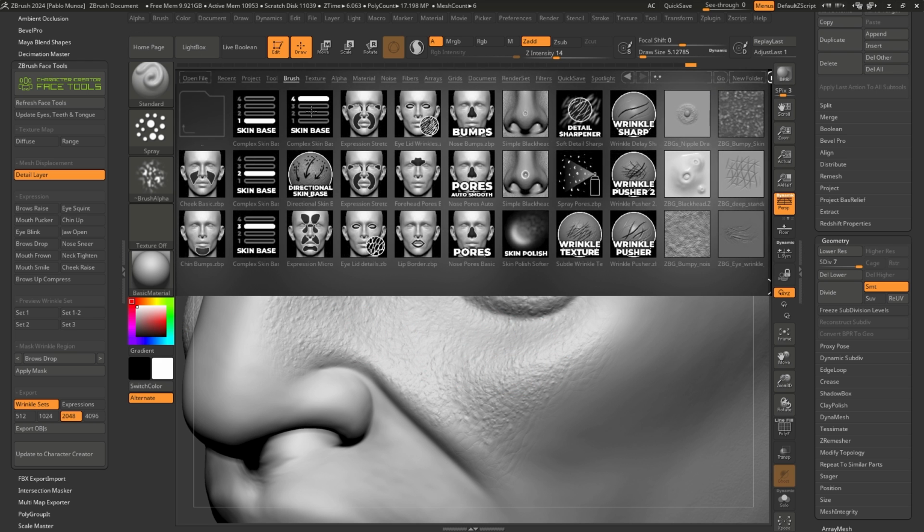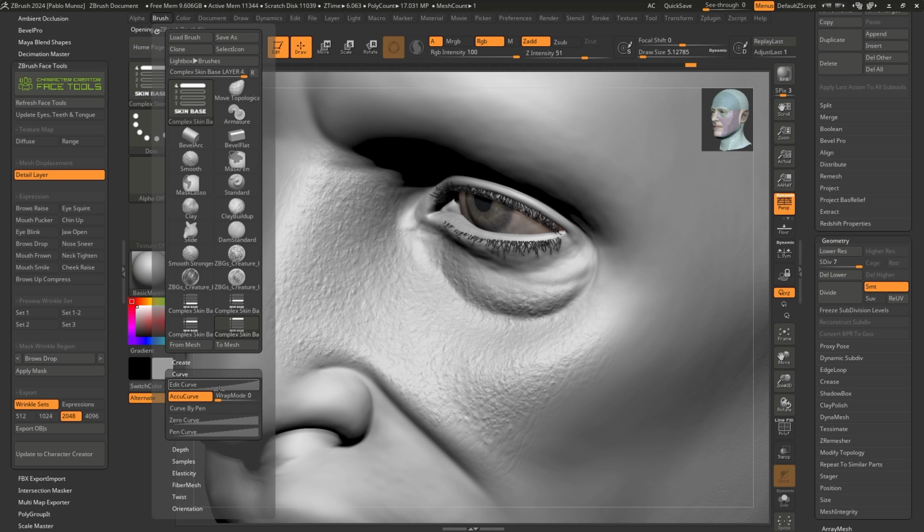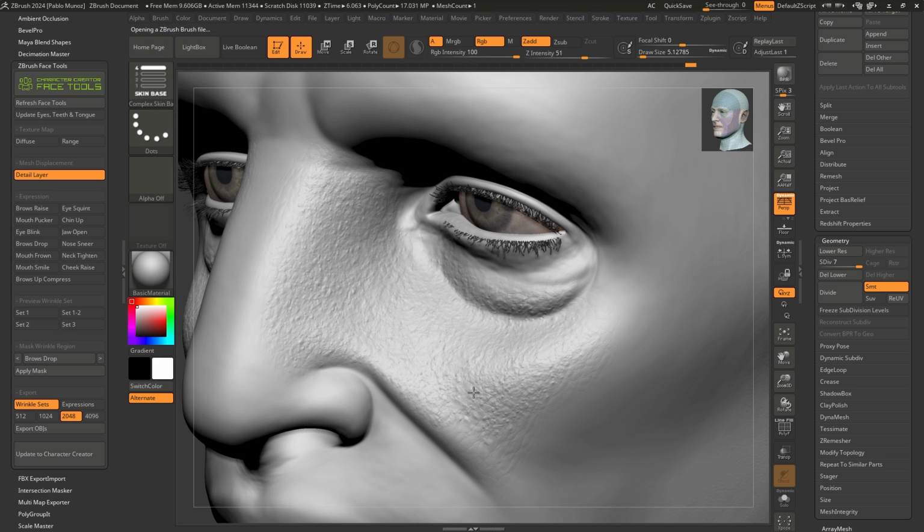I'm going to go to the fourth one. The fourth one is going to load up a custom smooth brush. So I'm going to double click on that. And if I press the Shift key, you see now I have that in here. And that's the one that also, make sure that wrap is set to 0. This is the one that allows me to integrate all of these details really nicely. And this brush is based on the smooth peaks in ZBrush. So I'm just going to vary the pressure as well, pressing harder or softer in some areas.